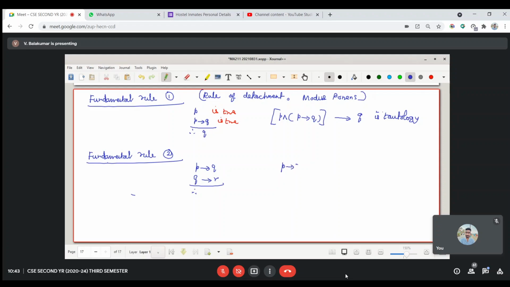I am having this implication is true. That comes later, of course. And this implication is true. What can you conclude? First, come for the left side. Here I am not saying P is true, Q is true and all. I am saying implication is true. Are you understanding this? Whenever the symbol comes, implication is true. Can you conclude anything?